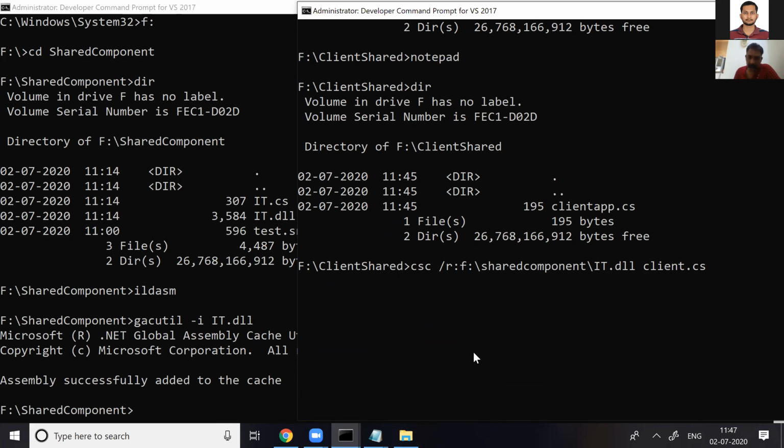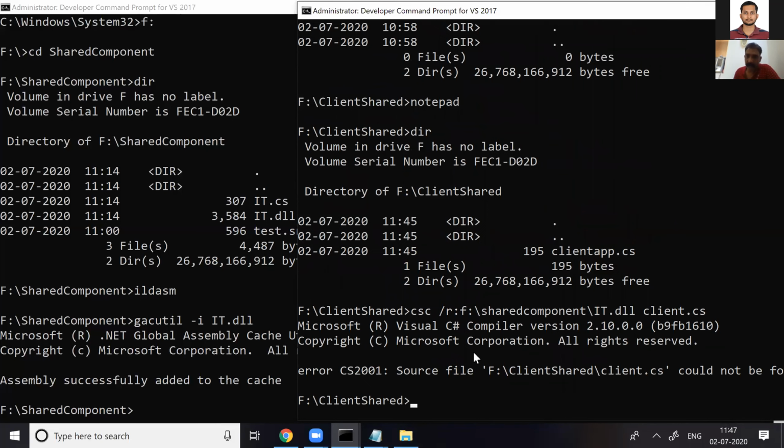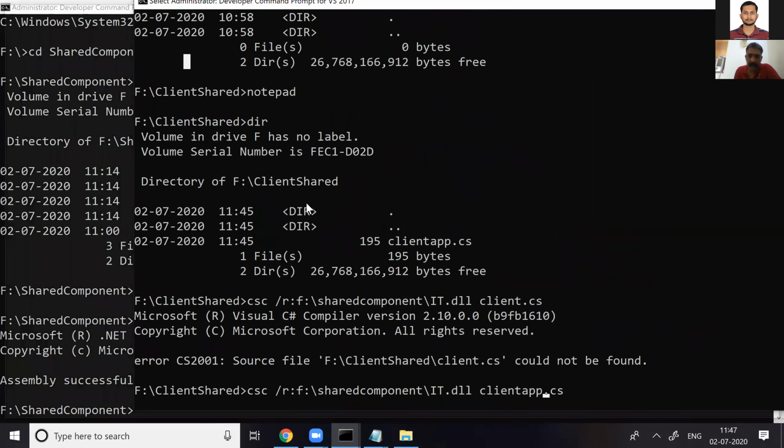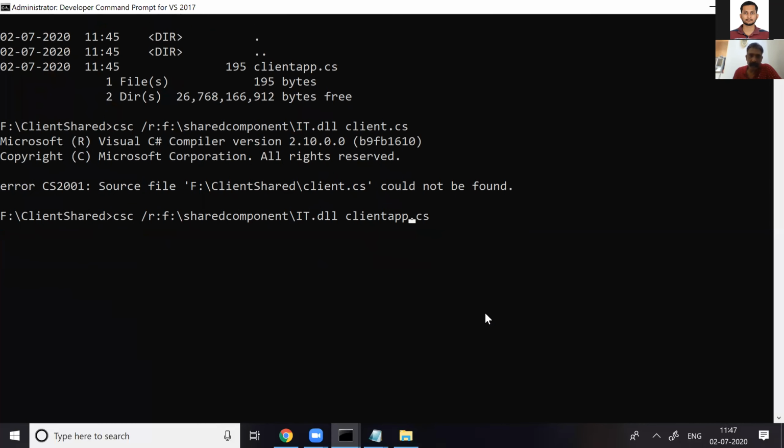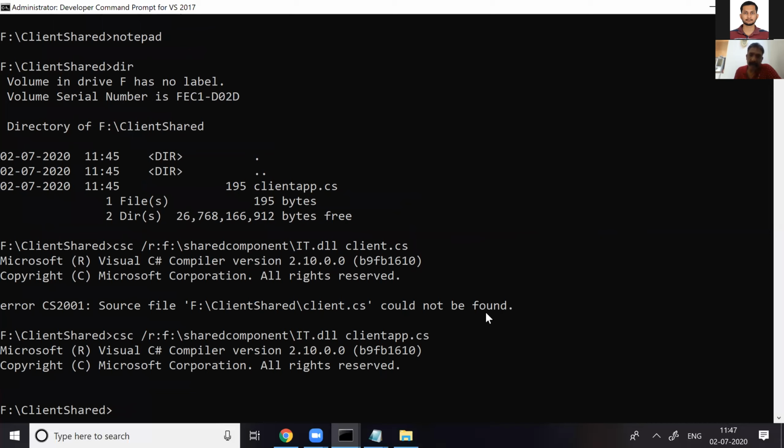So now I know I have mapped the DLL in the global area. Second, I applied versioning, so go and access. Oh, it's a compile time error. The reason is I haven't given the proper name of my client program. It's called clientapp. Let me open the screen in the middle of your center. Now you can see better. Enter. Program is compiled successfully.